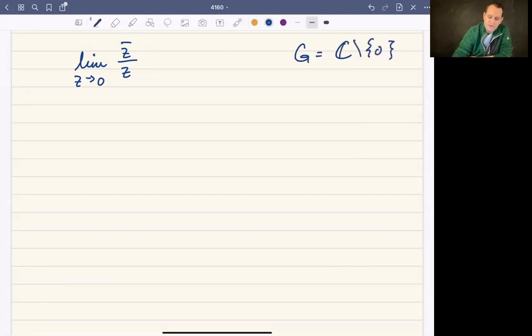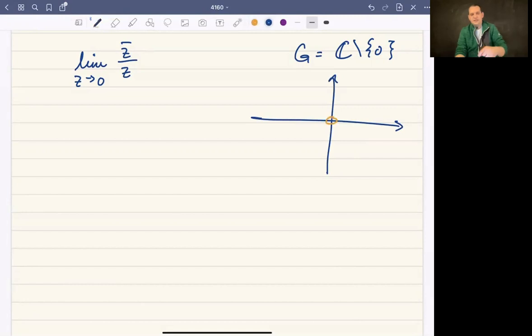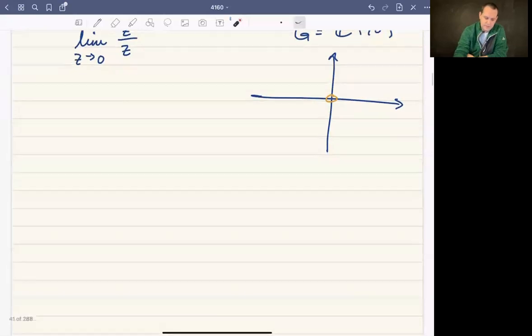This has the same graph as before, so nothing terribly different there. But let's just draw it just so that we can talk about this. So every non-zero number there. Now, 0 is an accumulation point of this set, so it still makes sense to talk about the limit as z goes to 0. The reason why 0 is an accumulation point is that if 0 is the only point removed, then no matter how small of an open disk you have centered at 0, it's going to contain some points of g. So 0 is still an accumulation point. It still makes sense to talk about